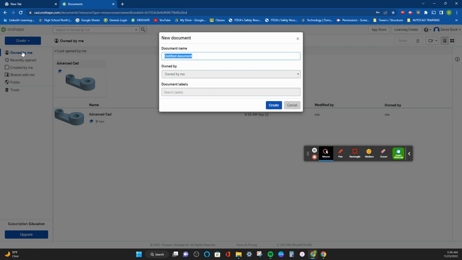Everything can go inside one location like this, and you're going to call it your name, period, and then whatever you're in, and then whatever class you've got, like engineering one, create,